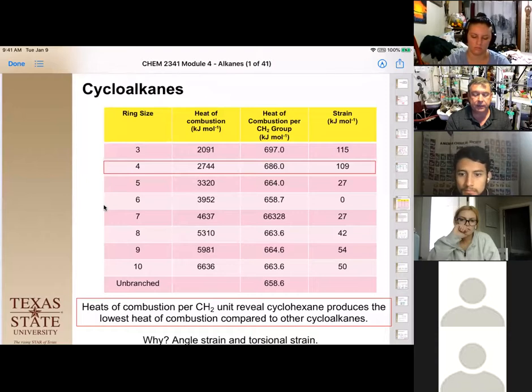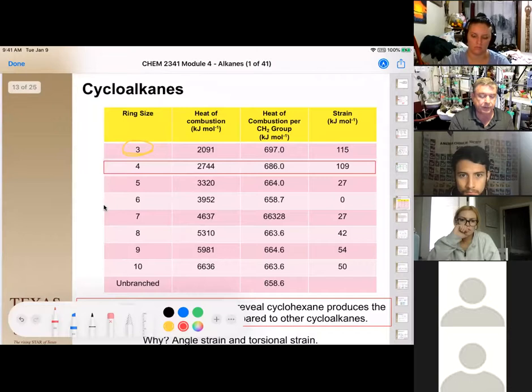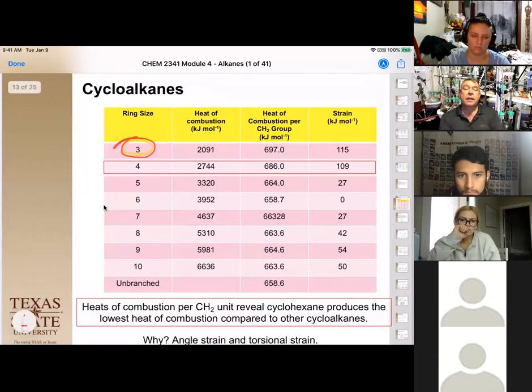So if we had a 3-membered ring here, and we burned it, it has 3 carbons in it, and so we would expect it to have a certain amount of energy based on the carbons. We found that it actually gives off more heat than it should have, and when it gives off more heat than it should have, that means it had more potential energy, and that more potential energy was what we call ring strain,